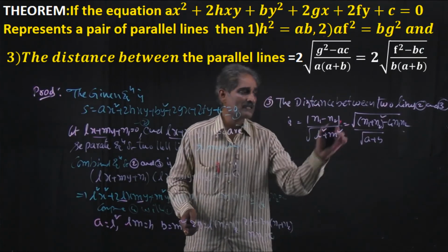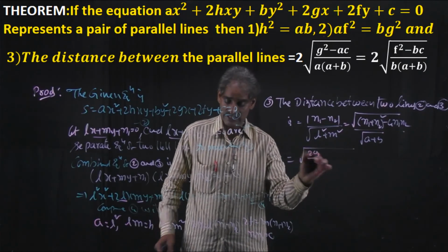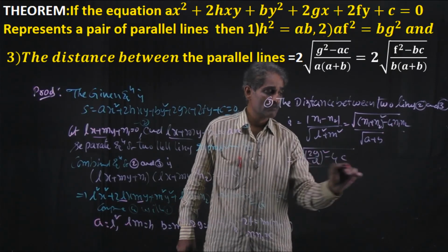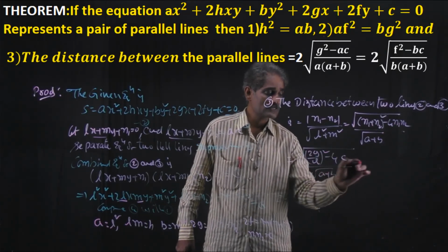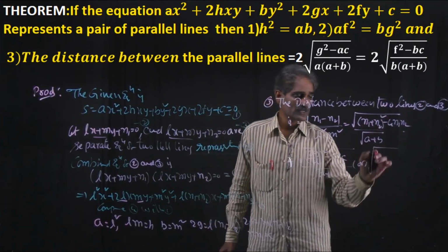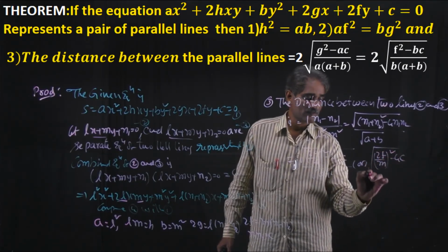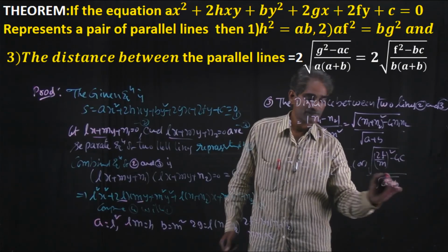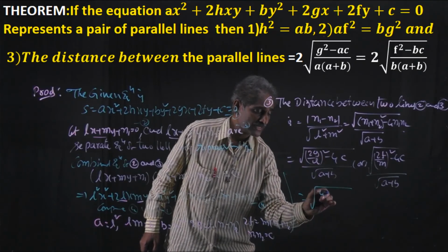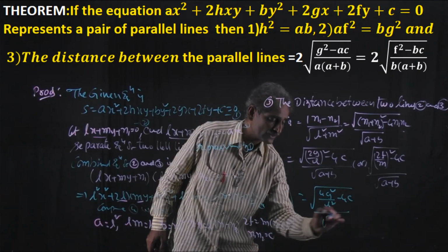So in case of 2g, we can write 2g by L whole square minus 4 n1 n2, which is c, by root a plus b. Otherwise, we can replace this n1 plus n2 by 2f also. So here we can write 2f by m whole square minus 4c by root of a plus b. So now root of 4g square by L square minus 4c by root a plus b,